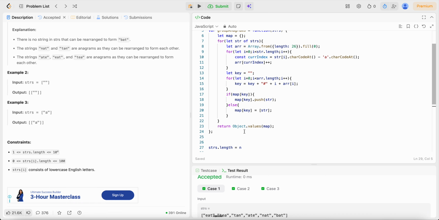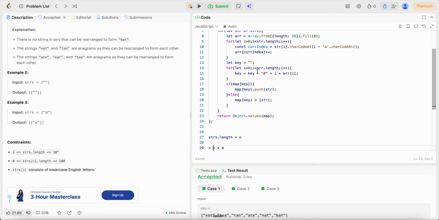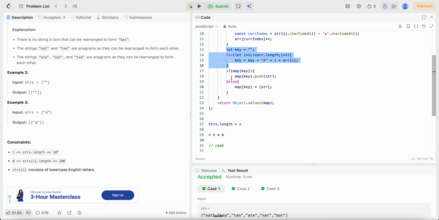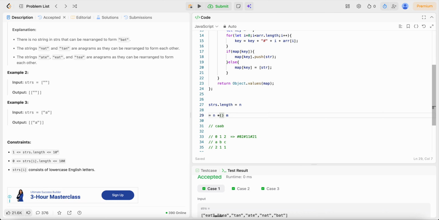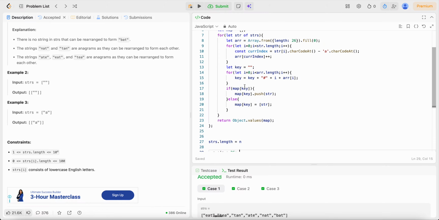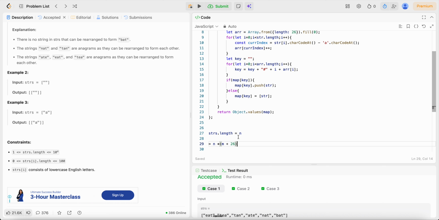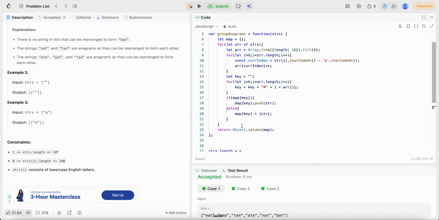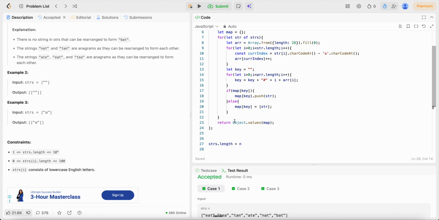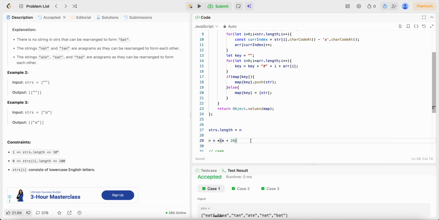So we are iterating over all the characters for every string. All the characters are iterated, and then what we are trying to do is basically iterate over 26 characters. So basically this will be 26, which is nothing but constant, and then what are we doing? We are just pushing into our map. So the time complexity is n into m,